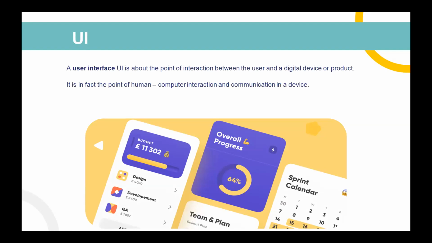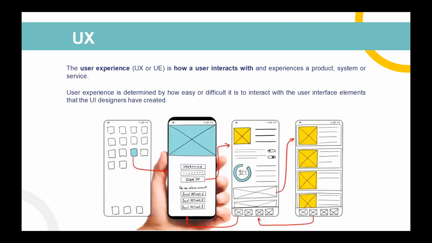A user interface, or the UI, is the way through which a user interacts with an application or a website. It is, in fact, the point of human-computer interaction and communication in a device. A good user interface is easy to use, intuitive, and efficient. Now, the user experience, or the UX, is how a user interacts with and experiences